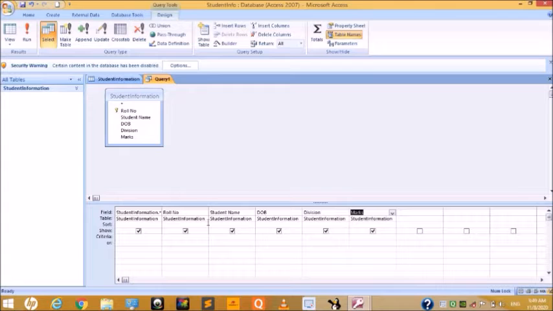All the fields will be shown here. First we start with the student name.